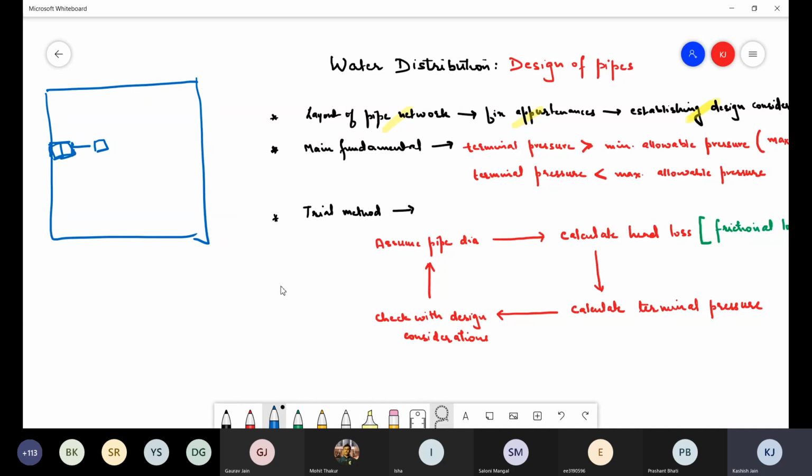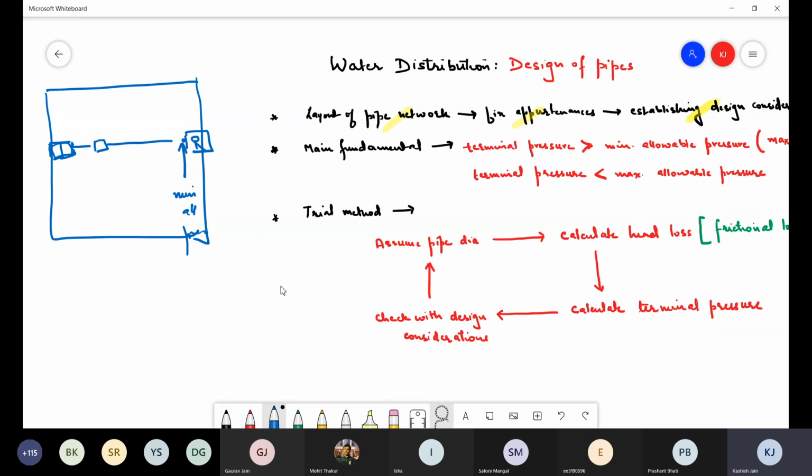And here you have a residential area, and this residential area obviously needs the water, but that water needs to be supplied at a particular head, at a particular energy level, so that all the residential houses in this area can use the water easily. So you need to maintain at this particular point a minimum allowable pressure,